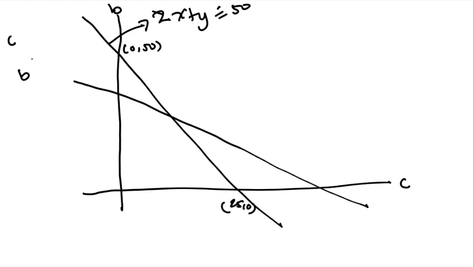This line is actually, let me erase this, x plus 2y equal to 44 on this line. Okay, all right, and then here is 0, 22, and here is 44, 0. Okay, and then the third line